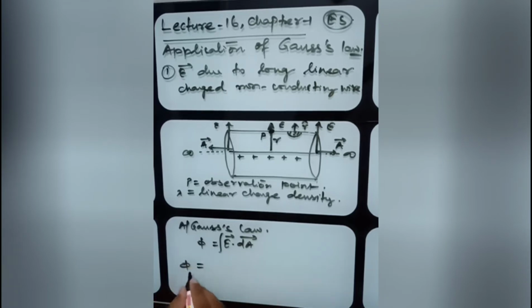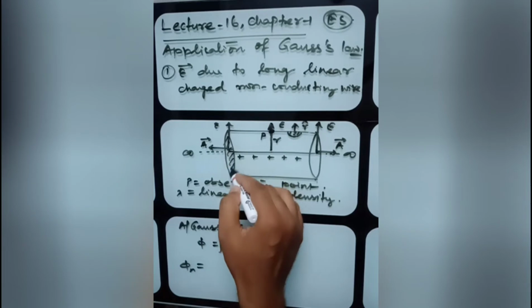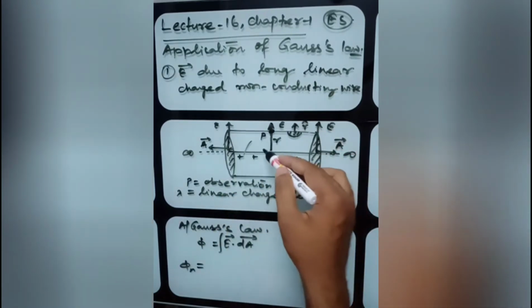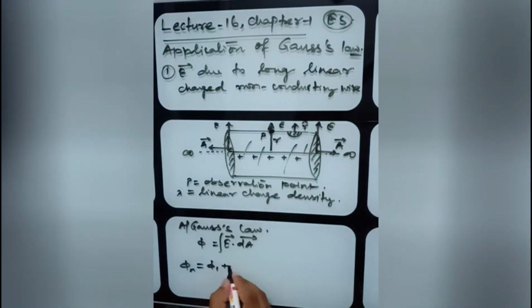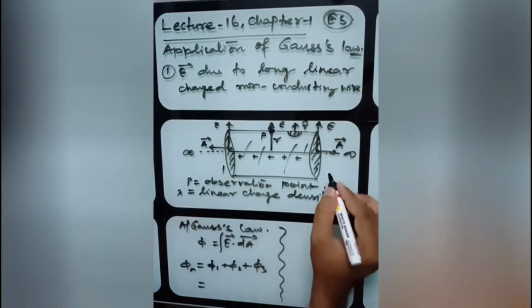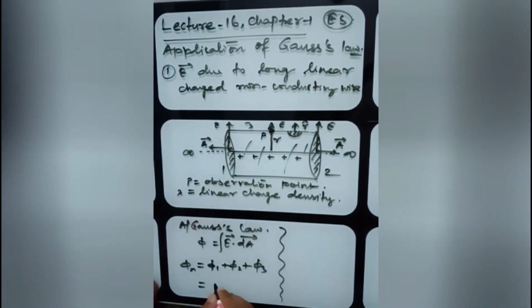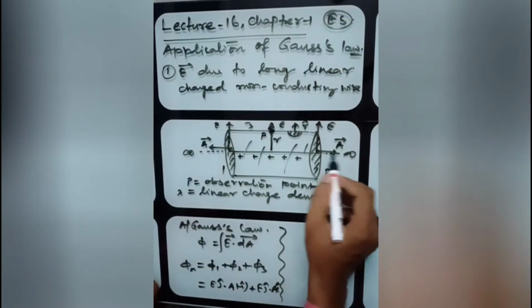So here the phi net is over three surfaces. To study this complete Gaussian surface, we have three surfaces, 1, 2 and another, this curved one. So phi 1 plus phi 2 plus phi 3. Suppose this one is 1, this is 2 and third is the Gaussian curved surface. So for 1 it is E, electric field in upward direction, J dot A, here minus I cap, plus for phi 2 again E J dot A I, this one, plus